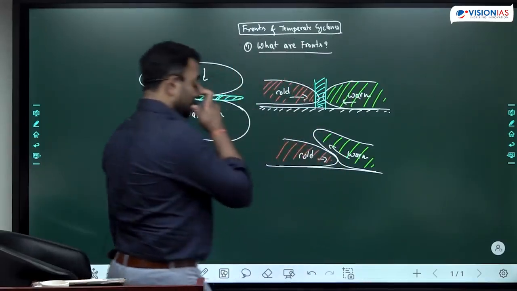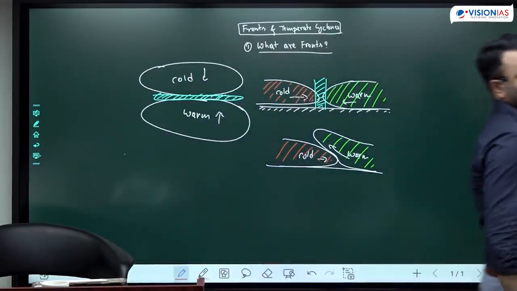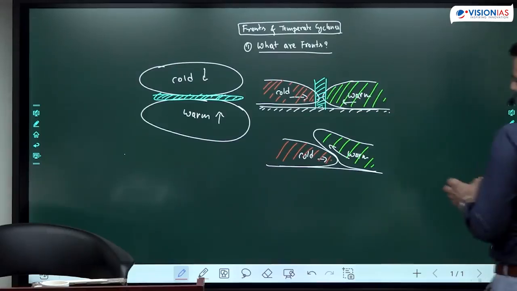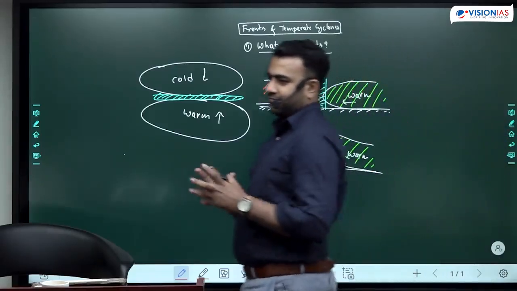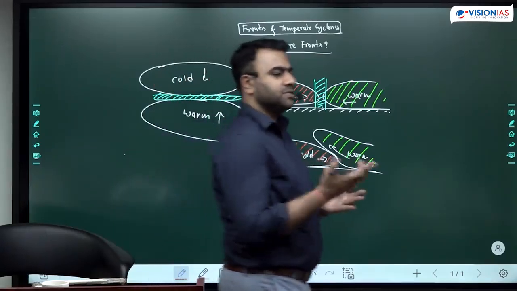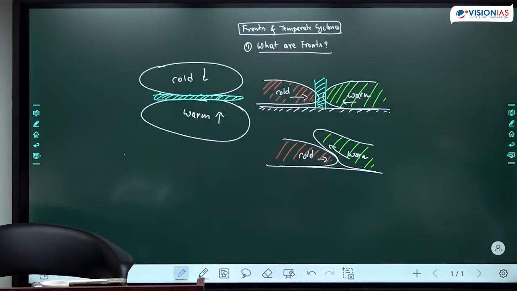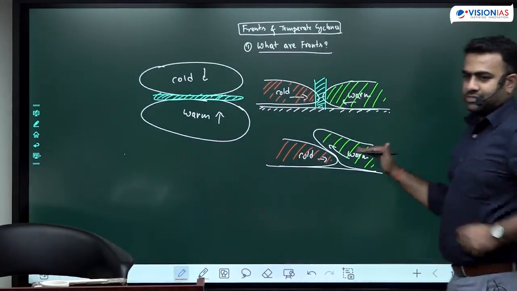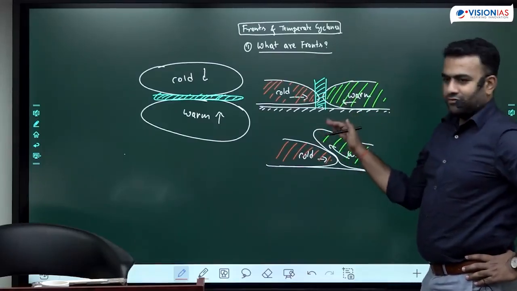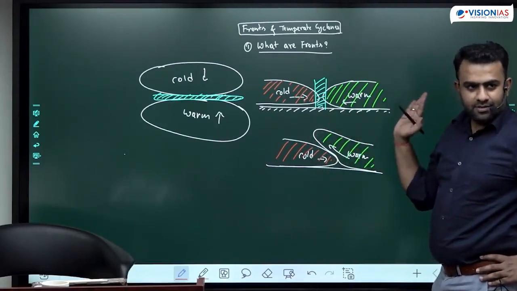Okay. So what happens when the warm air mass gets uplifted? The warm air mass, being warm, also has water vapor in it. Wherever there is warm air, there is a tendency of evaporation, so there is a good amount of water vapor. When the warm air gets uplifted, it cools down, the water vapor cools down, and it condenses. Where there is condensation, there is cloud formation and precipitation. All of these are happening.